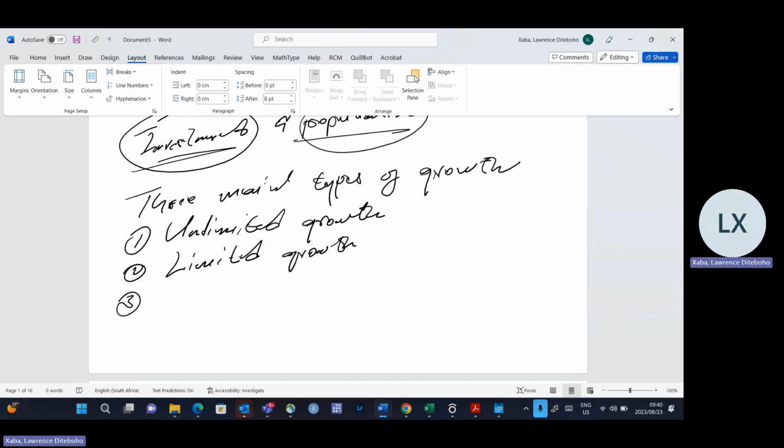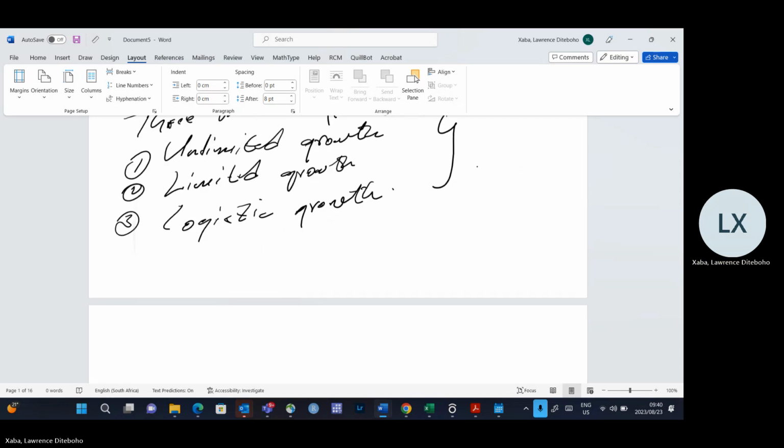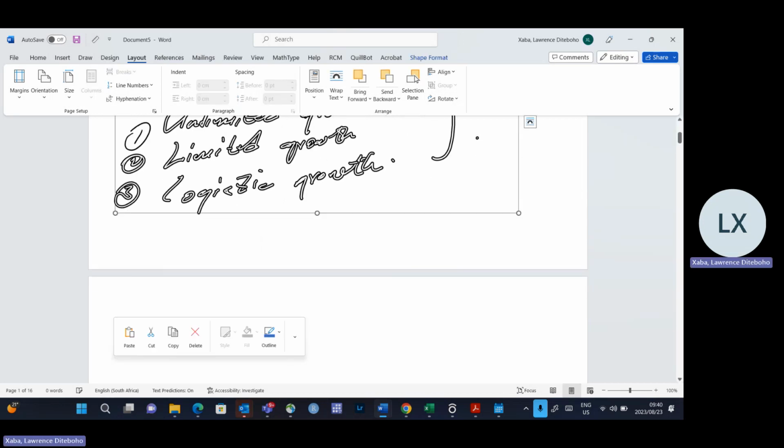And lastly, we have the logistic growth. Remember, this type of growth, they fall under our exponential function. Okay. So let's look at the first one,